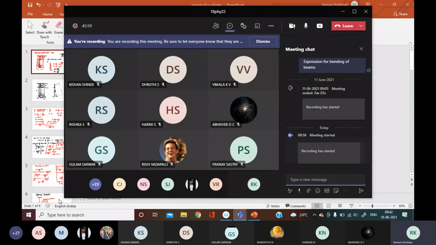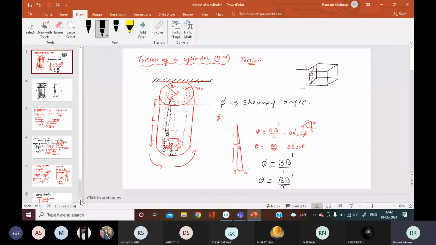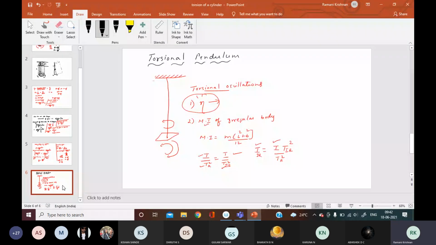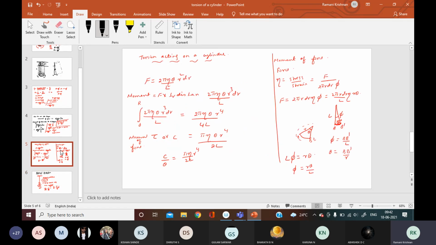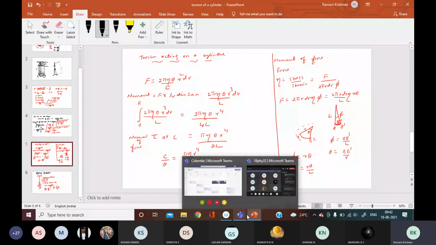This torsional pendulum, you were able to hear what I was drawing? When I said to find the rigidity modulus? Yes or no? You were not able to hear that one? No, ma'am. Okay, I think some issues here. No problem. Right, this is up to torsion of a cylinder. The torsion pendulum we are going to do in the lab class today at 2:20. Right, students? So now you can leave. Any doubt? You can ask me now. I'll be here. Those who don't have doubt can log off.